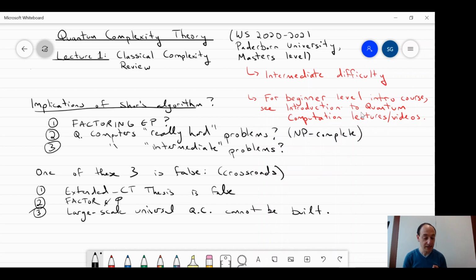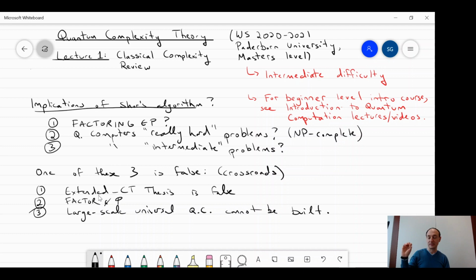Okay, so at least at a high level, we're kind of sitting at this crossroads, right? We know Shor's factoring algorithm exists, so in theory, if I could build a large enough scale quantum computer, I could solve the factoring problem. And so later on, we'll see that one of these three things are basically at odds with each other. Okay, so the extended Church-Turing thesis, which is a generalization of the standard Church-Turing thesis, which I'll define today, right, must be false. Okay, or